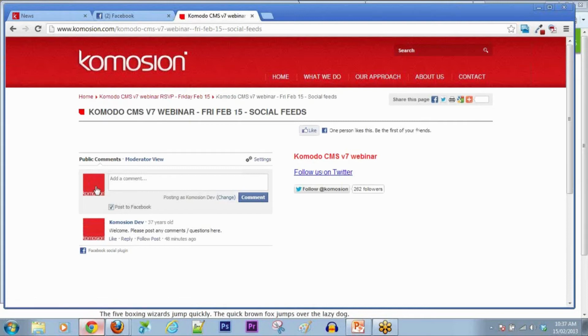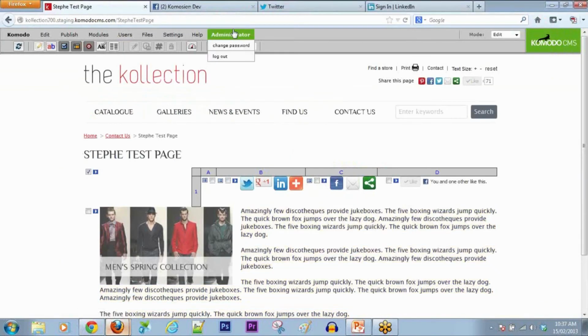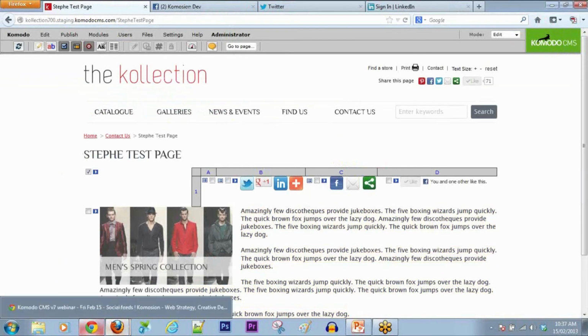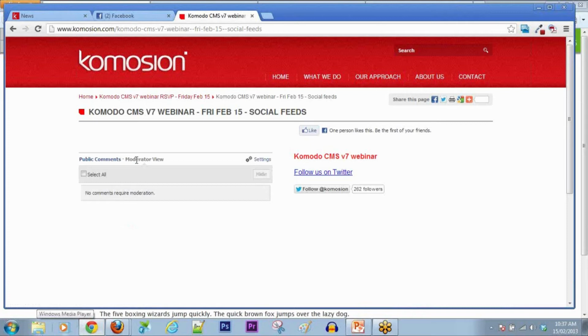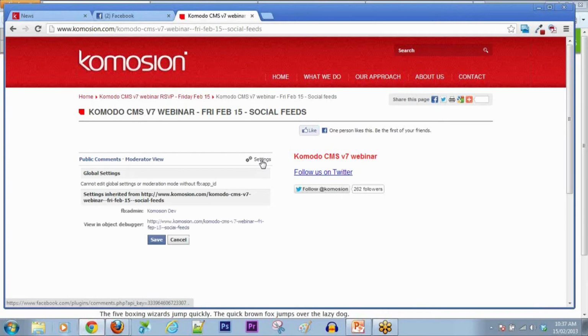So if you're logged into your site as the person who is the administrator of that site, you'll notice that you get a moderator view. Oh, unfortunately, there are no comments waiting for moderation. Oh, if only I'd made one myself. That allows you to hide comments that people have made if you really don't like them or if they're offensive in some way. There are also some settings you can change,